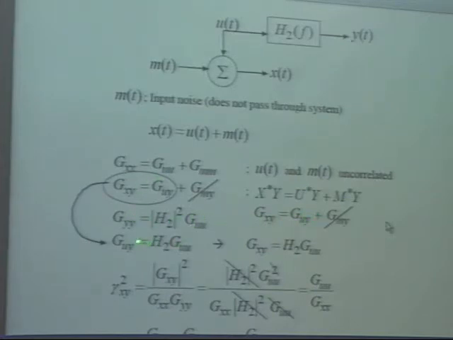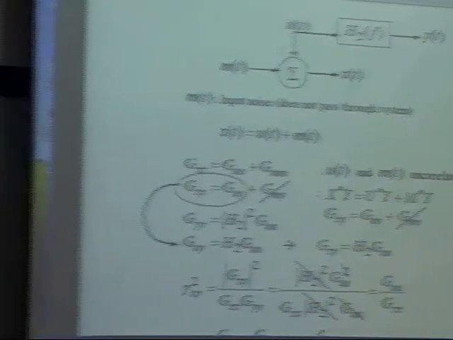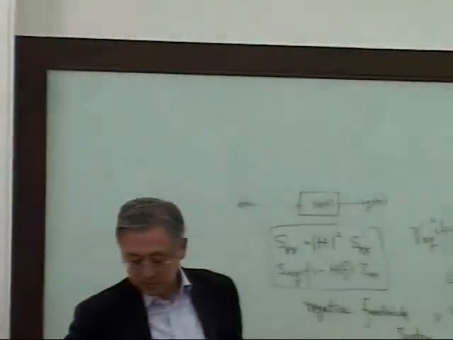Guy is equal to H times Guu right there. So Gxy is H times Guu. So gamma xy squared, if you always go back to the definition and the final destination, if you see that,